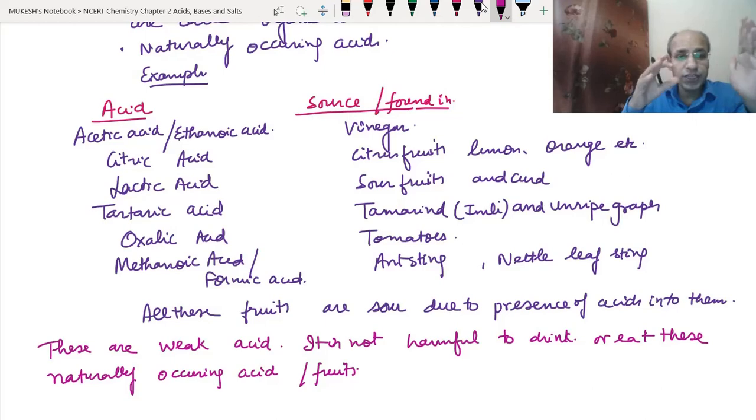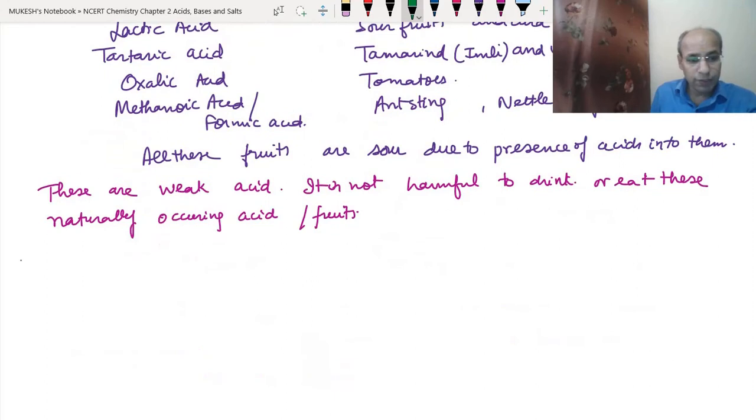Now we will study the mineral acids, or the acids which can be made in the laboratory. But remember, nowadays even these organic acids can also be made in the laboratory by different processes. We devised the methods a long time back, but since they were first found in naturally occurring organisms, we call them organic acids. Clear? Now we will cover the mineral acids.